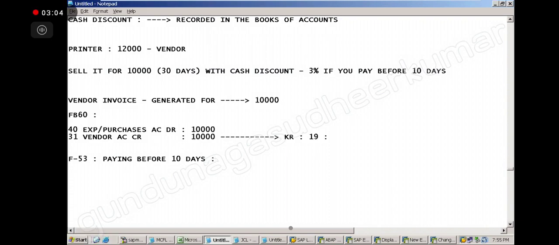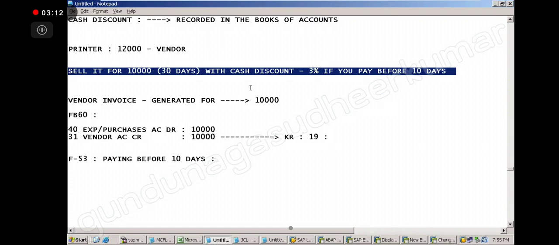So then, how much do we have to pay? 10,000 minus 3% is 9,700. It is not giving you 30% discount, it is giving 3%. Discount 300 and 9,700 is the payment.